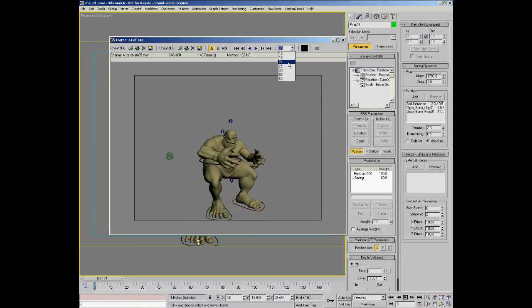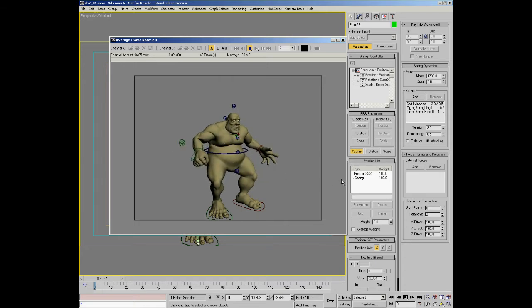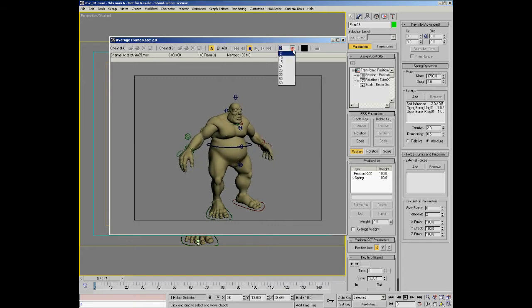What's also nice is you can change your frame rate or type whatever frame rate you want in, and it's great if you're looking at an animation and wondering should the whole thing be a little bit slower or a little bit faster. You can just check the frame rate that you are interested in and see if it actually helps